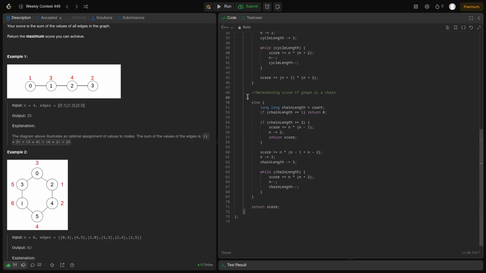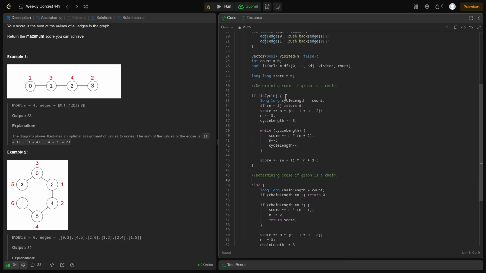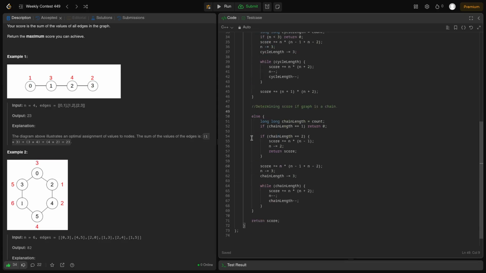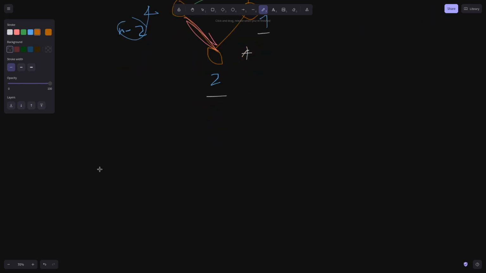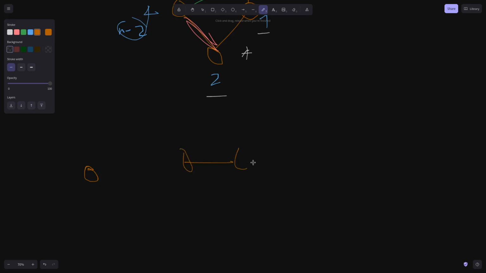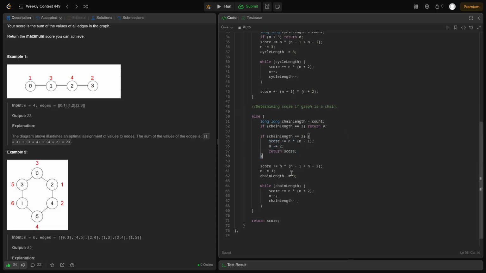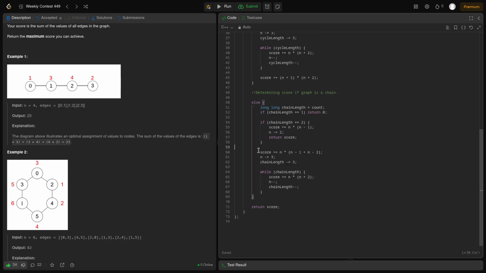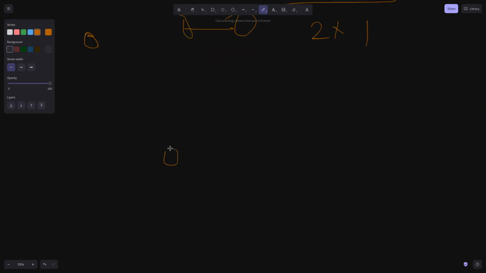Now to determine if the graph is a chain, a cycle would be false. Now, what we do is we handle a few base case conditions. Of course, a cycle could have just one node in it. In that case, there would be no edges, and we simply return 0. If the chain has a length of 2, right, n's value also would be 2 given in the question. We would simply multiply 2 into 1, which is n into n minus 1, and return the score. In fact, this computation is unnecessary. Now, if we have a chain of length 3 or more,